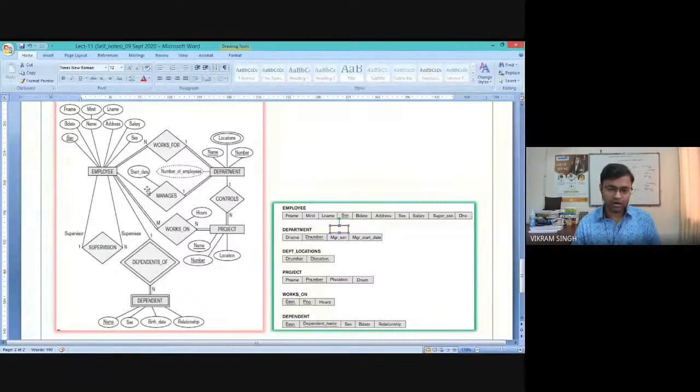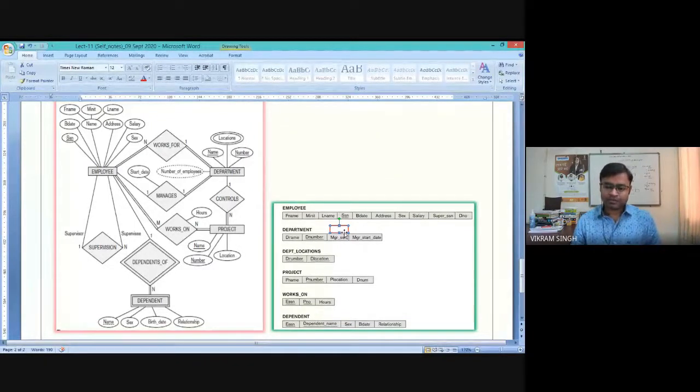In case of 1:1, you can place the primary key of either side. You can add the primary key of the department table into employee, and then you would have to add one more column. Or you can do it the other way, that the primary key of the employee table is added into department. That is something which we have defined. So MGRSSN is basically because of this manages relationship, which is of nature 1:1 between employee and department.